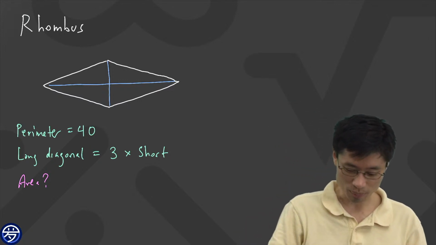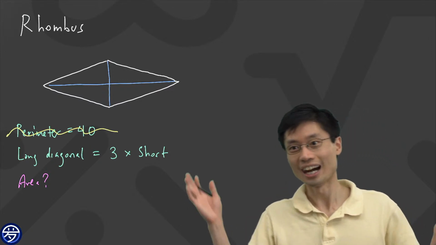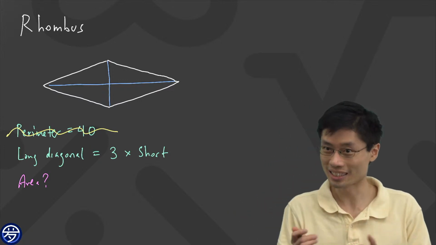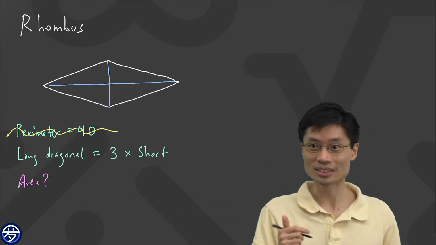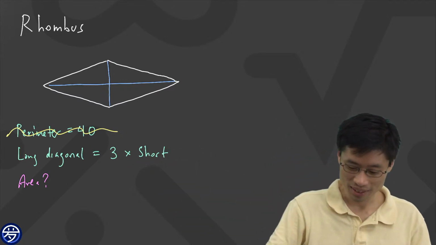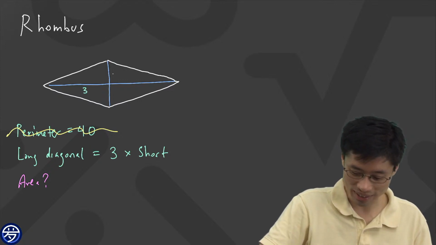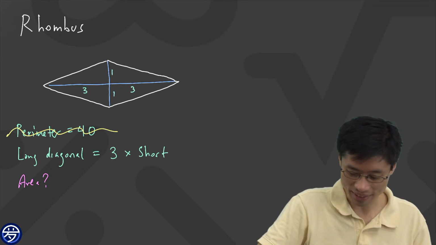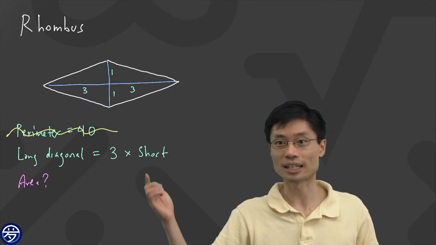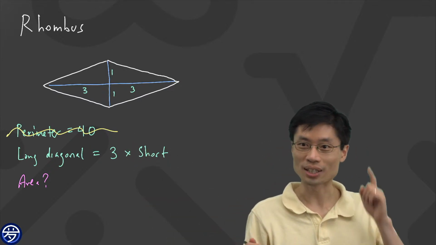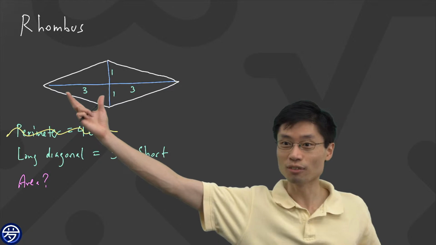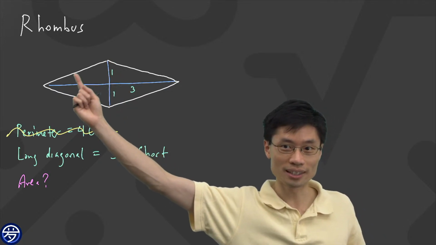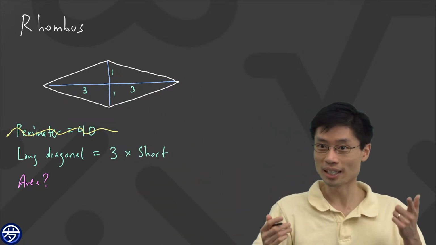I like to first of all pretend that I don't know this. I don't know anything about the perimeter. Instead, I'm just going to use the long diagonal as 3 times the short. So I'm just going to tell you, this is 3, this is 1, this is 1, and this is 3. Of course it's not true, because I haven't used the perimeter. But watch how I can make it true. So if I have 1 and 3, can anyone tell me what this is? We have to use the